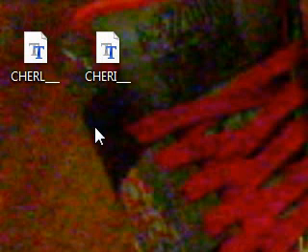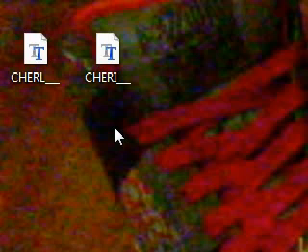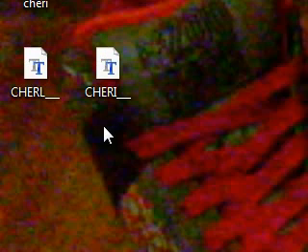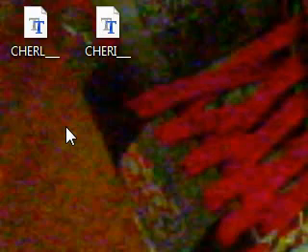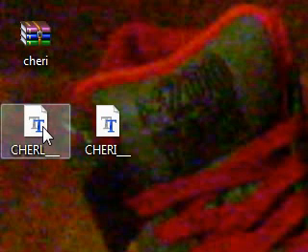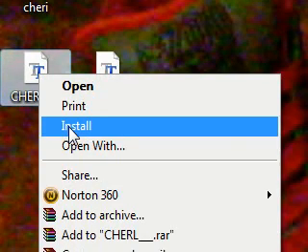Anyway, there are two ways of installing fonts, one for Vista and one for Windows XP. First, let's do the installation for Windows Vista. The way of installing fonts for Vista is to right click the font file and click install, and the font is now installed.